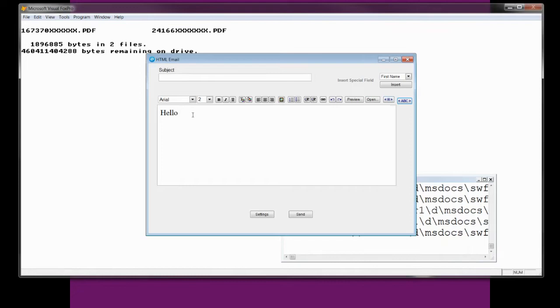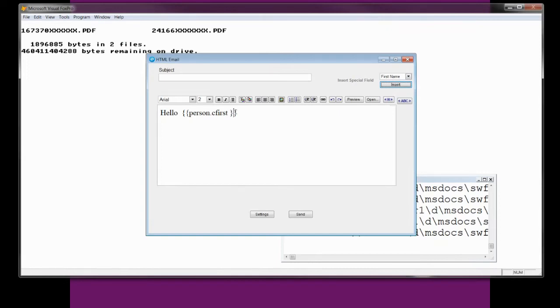Whether you're sending out one email, or 500 emails to potential clients, or 300 emails to the softball league, it should have each person's name or whatever information you want in there. Your game is at 2 o'clock. Have a nice day. The way we do that is we have a list of fields that we can insert. When we press the insert button, at the insert point, it issues